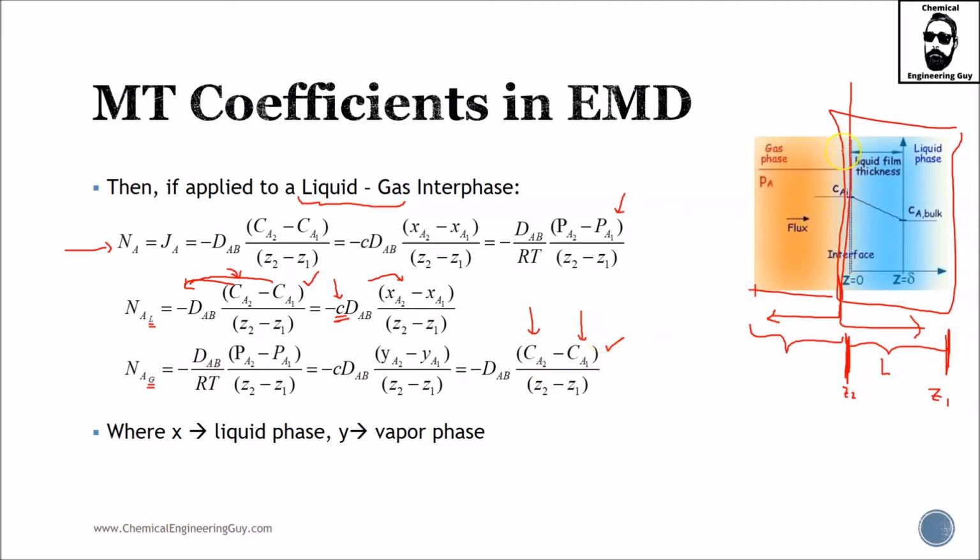Let's say that they are not in the same position, but the best case scenario will be to assume C0, C1, and C2. And if this is true, then I will need to account for the difference in the gas, C1 minus C0, and the difference for the liquid, C2 minus C1. And the total length will be C2 minus C0, which of course doesn't make that much sense, other than it will be the total length between the bulk phase of the gas and the bulk phase